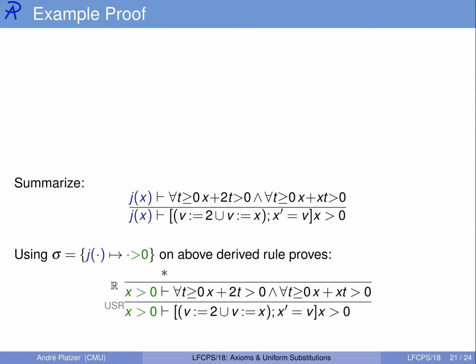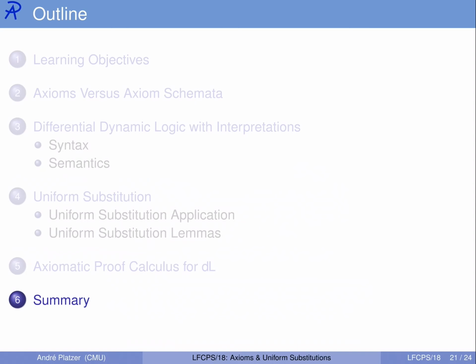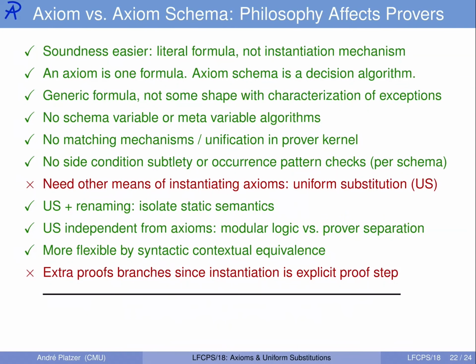And we'll see in the appendix of this talk why it is okay to replace with uniform substitution, not just in one step, but on an entire proof soundly as well. But first, let's summarize what we've seen about the axioms versus axiom schema debate. It's a way how philosophy actually affects provers, because the difference of believing in one concrete axiom formula compared to believing in an infinite family of formulas is a big difference in philosophy, but it's one that also does affect